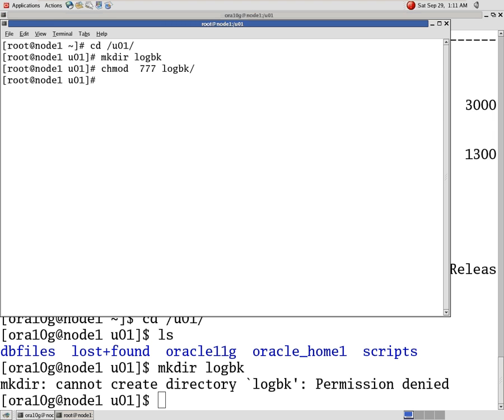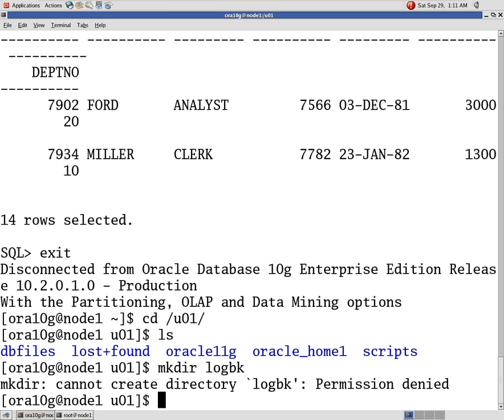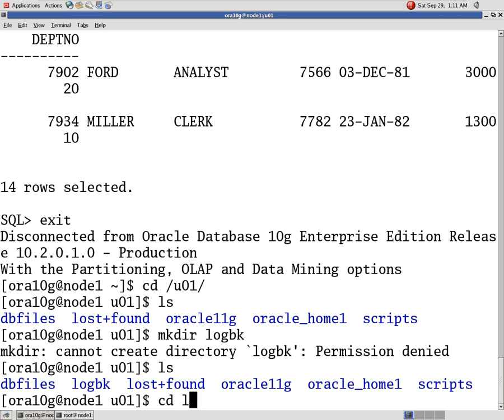And change the owner: chown, oracle user, dba group, on logbk. Now this user has access to that directory.